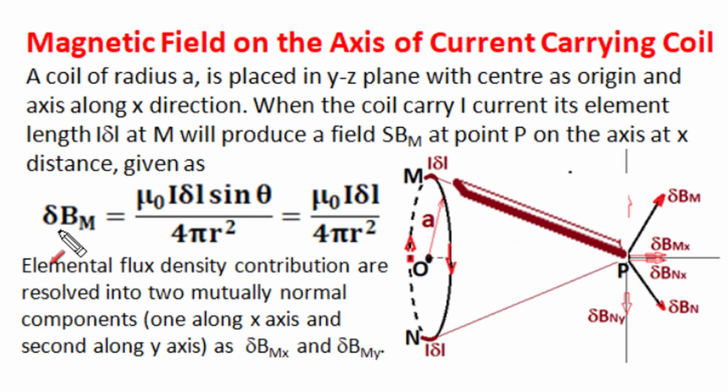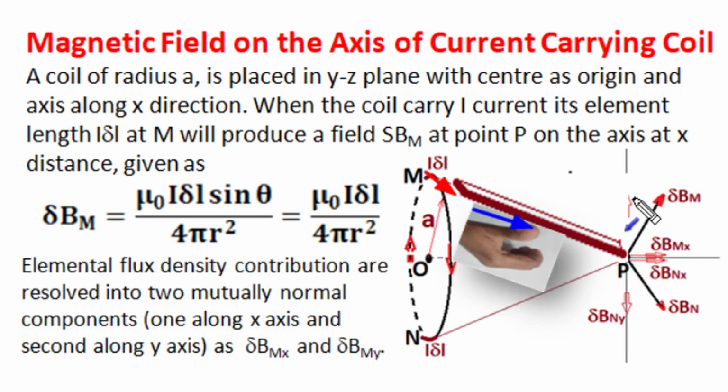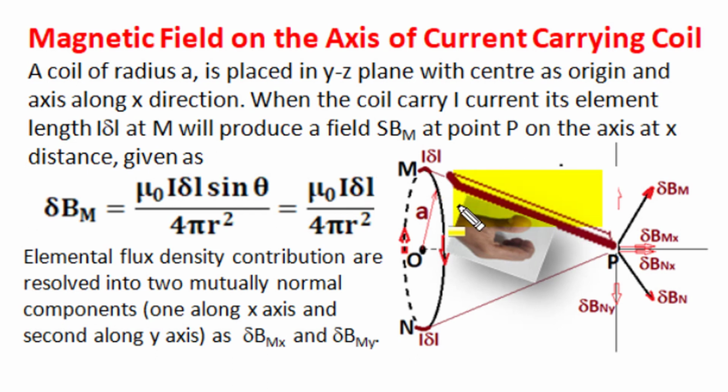As per Maxwell right hand corkscrew rule, the direction of elemental magnetic field contribution by M position current element at position P is perpendicular to the plane which contains current element as shown by red arrow, and position vector connecting observation position P from source current element as shown by this blue arrow on this plane. As per Maxwell right hand rule, when thumb is pointing in the direction of current, this tip of curled finger at this position perpendicular to this plane of current element and position vector represents this direction of elemental magnetic field